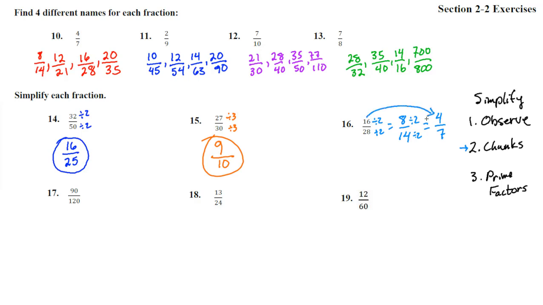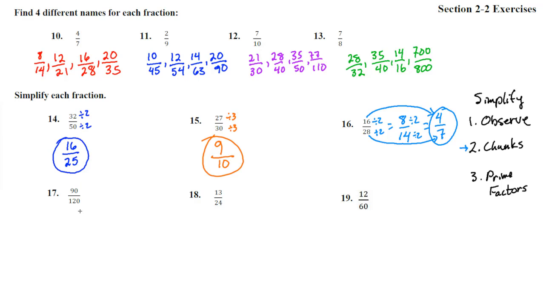Now, some of you may think, oh, look, I could have done that. 16 divided by 4 is 4, and 28 divided by 4 is 7. That's exactly right. So it's the same thing. If you notice these as the 4 times tables, you would have gotten the exact same answer by taking out the 4. But if you didn't see that and you had to do it piece at a time, this chunks method of doing it, take out what you can, take out what you can again. Okay, the next one,